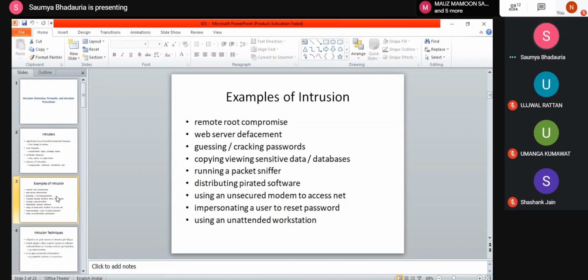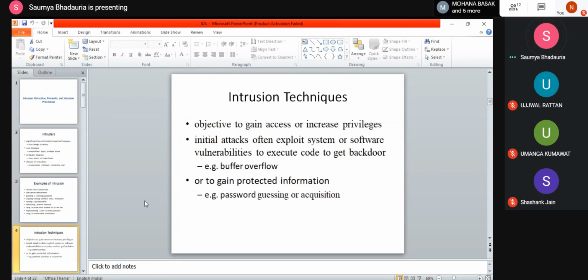Form of intrusion. Okay. Now, the intrusion techniques which would be developed to identify the intruder, or to identify whether the intrusion has occurred or not, will be focusing upon the fact that you are trying to find those events which have an objective to gain access into the system, or which are trying to find out those cases which are escalating the privileges of the existing users, which are authorized users.